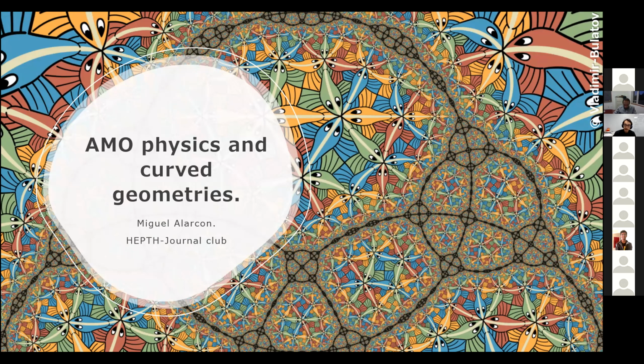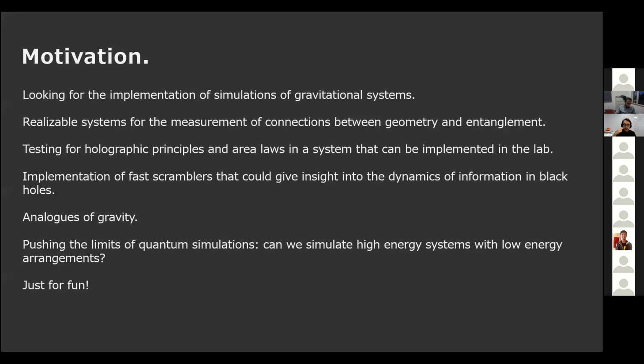So these are some topics that I am currently interested in doing some research on and exploring, because you're going to see that the connections are quite unexpected, and I think they just show the beauty of these curved geometries. So what is some of the motivation that AMO physicists have to look into curved geometries? Well, first, we all are hunting basically for the perfect system to do quantum simulations on. And AMO physics has been one of the nice and interesting settings in which those systems can be implemented. They have a manageable size and they can be studied in the lab.